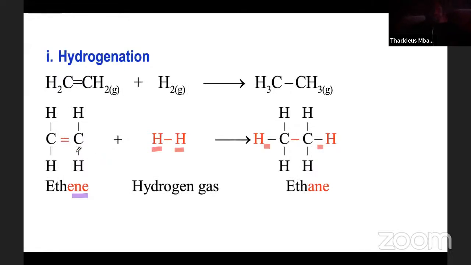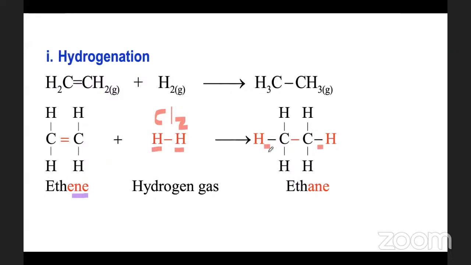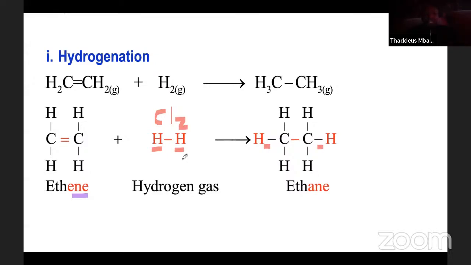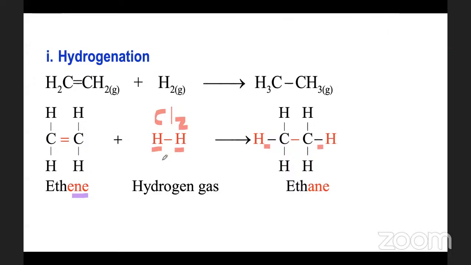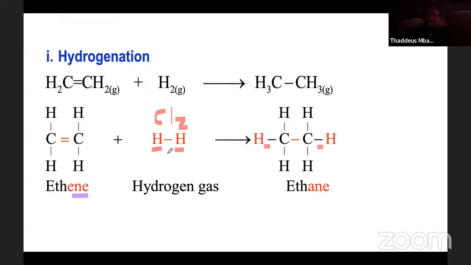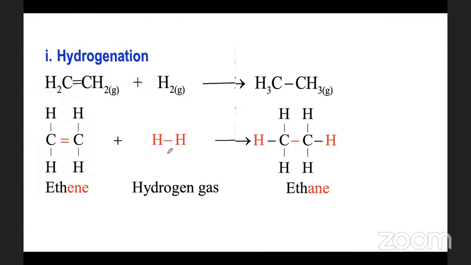Wherever you're having a double bond like that, just break the double bond to a single bond. Let the free ends hold the remaining atoms. So kama hapa hii ingekuwa chlorine, hapa instead of hydrogen tungeandika nini? Chlorine. Kama ni bromine tungeandika nini? Bromine. Are we together? Yes. Does it make the work easy? Yes.